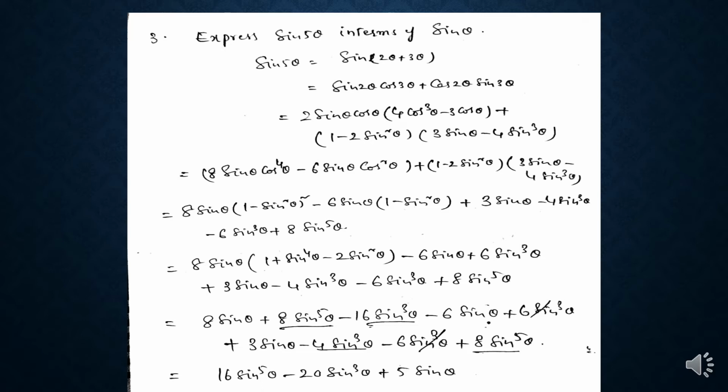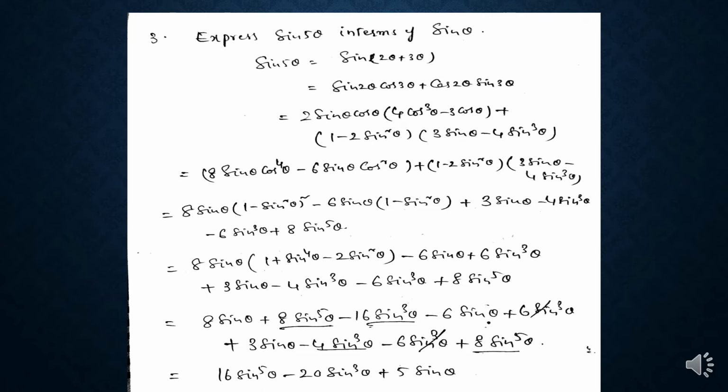Sin of 2 theta plus 3 theta. So that is in the form of sine of a plus b. We know that sine of a plus b is equal to sine a into cos b plus cos a into sine b. So what is a here? A is 2 theta and b is 3 theta. Sine 2 theta into cos 3 theta plus cos 2 theta into sine 3 theta.